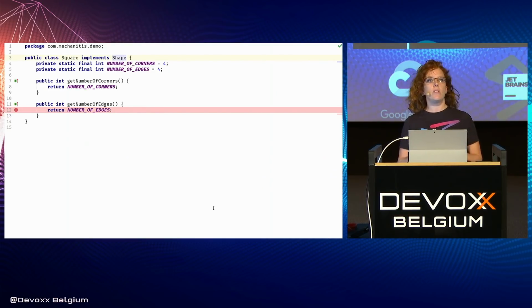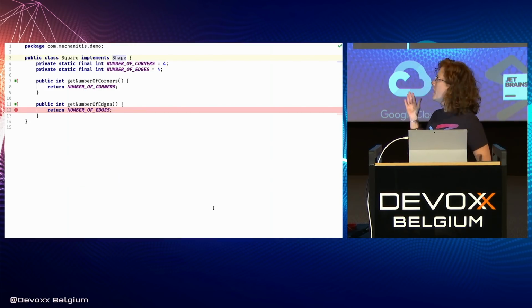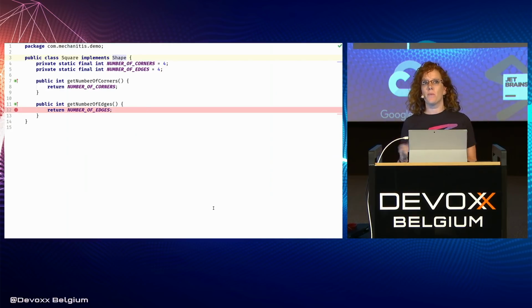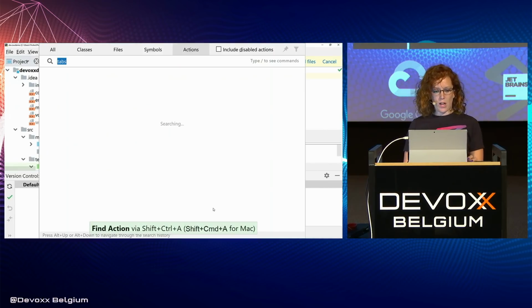I tend not to use these in demos because I like to work with the IDE the way that you people are going to be working with the IDE. But if you're demoing to testers, to users, to other developers, this is quite a good way of putting it into a size where someone else can actually see your screen. And there's also